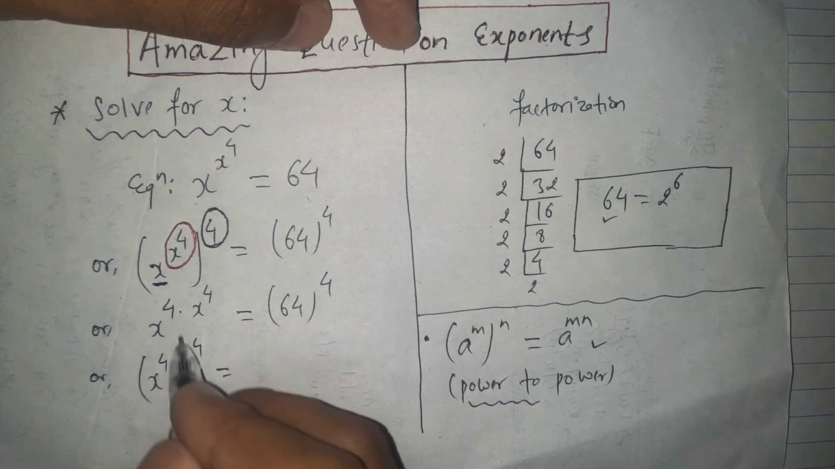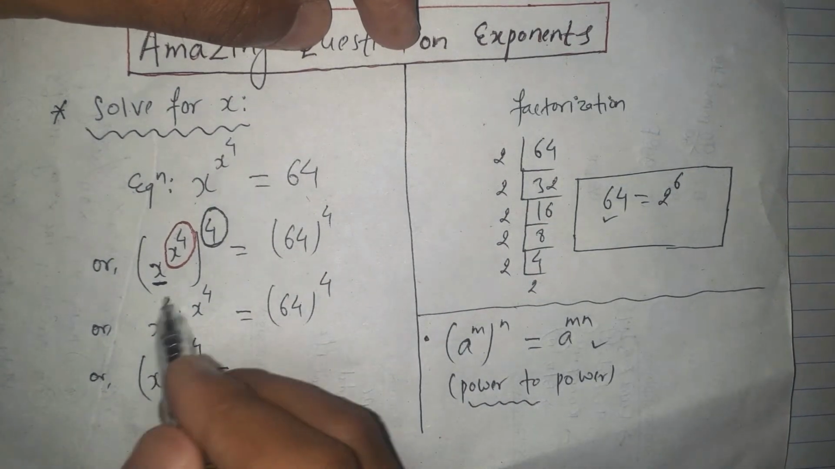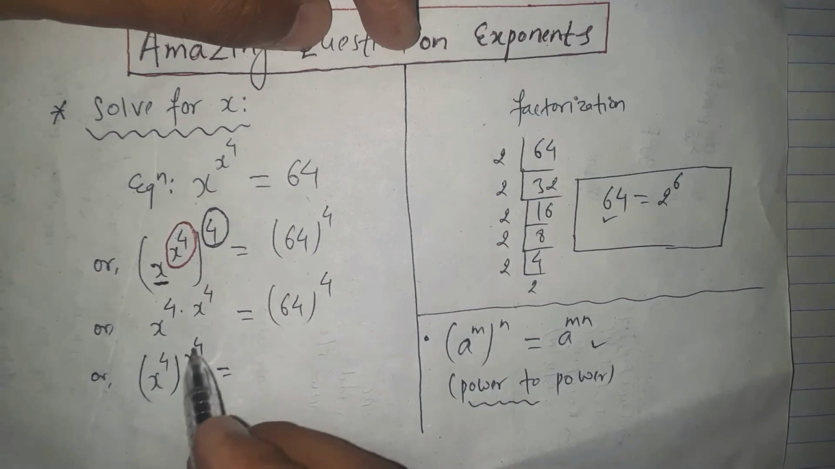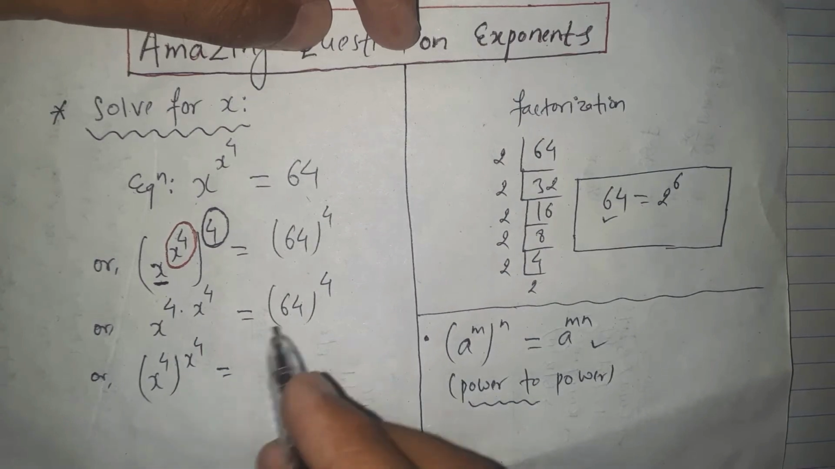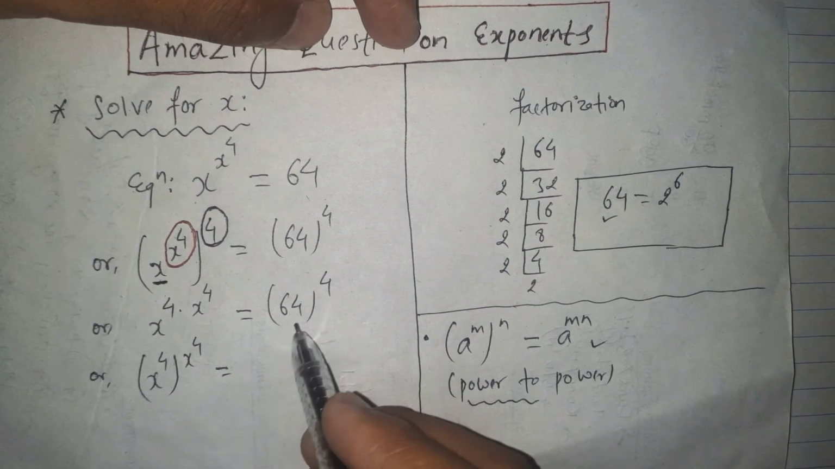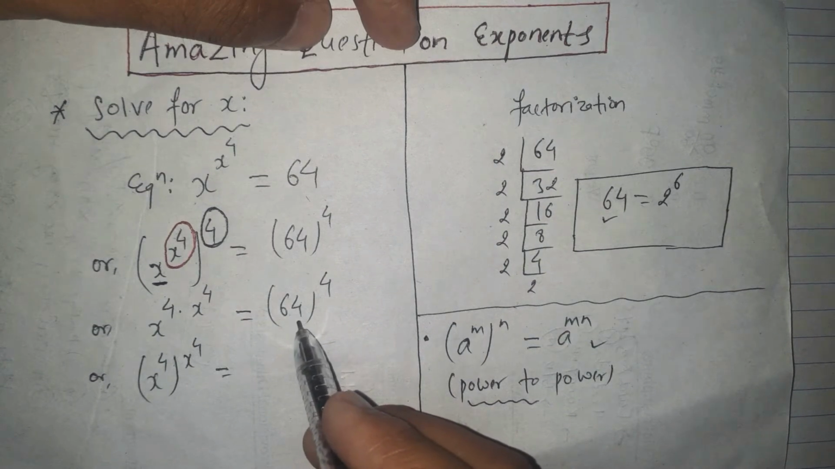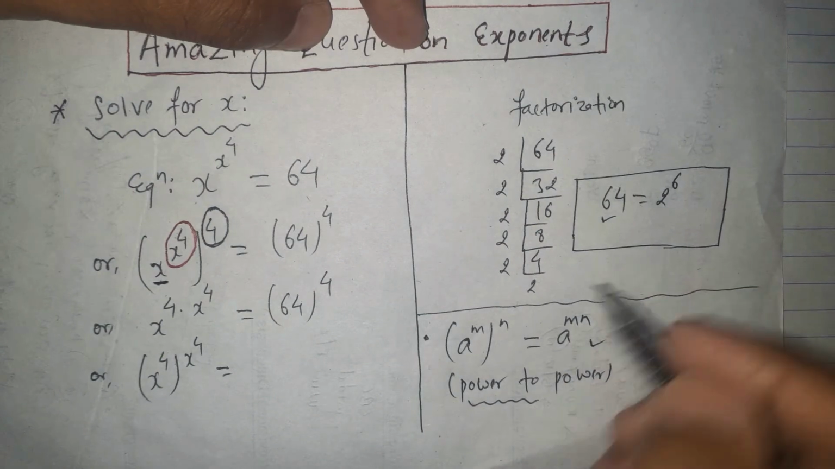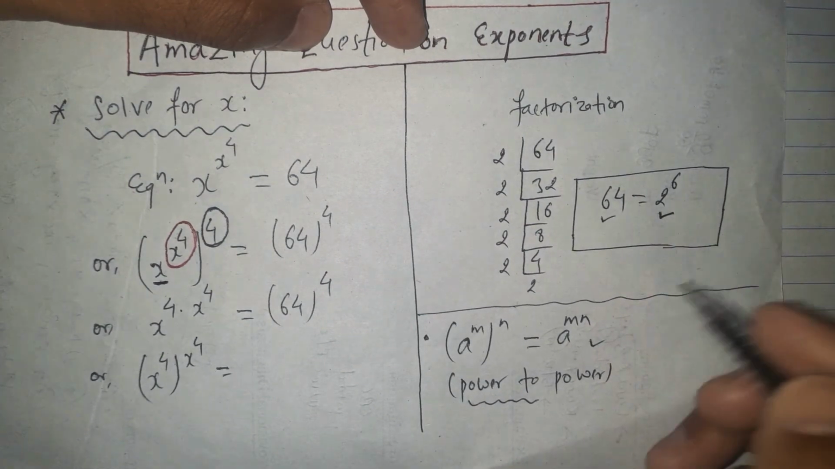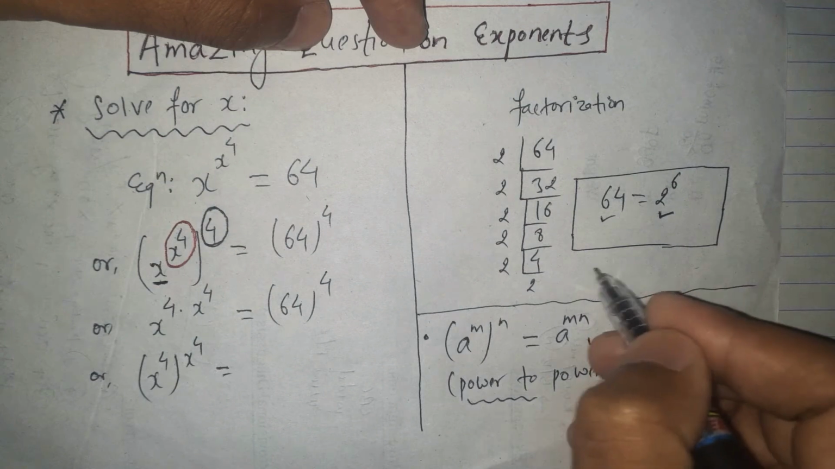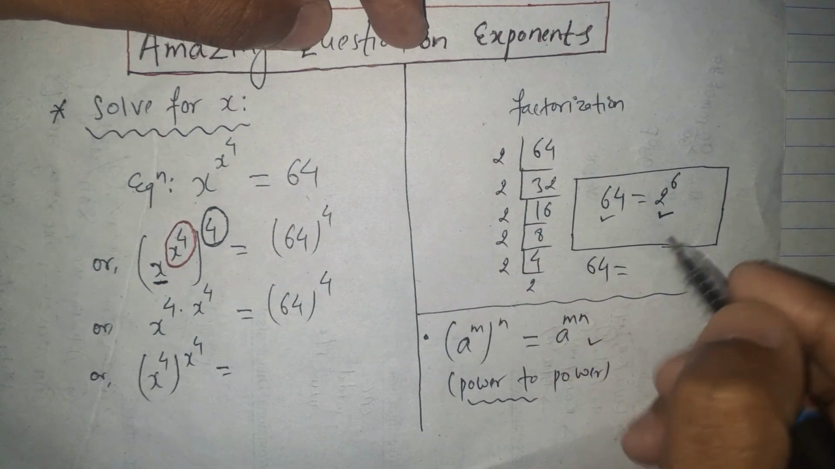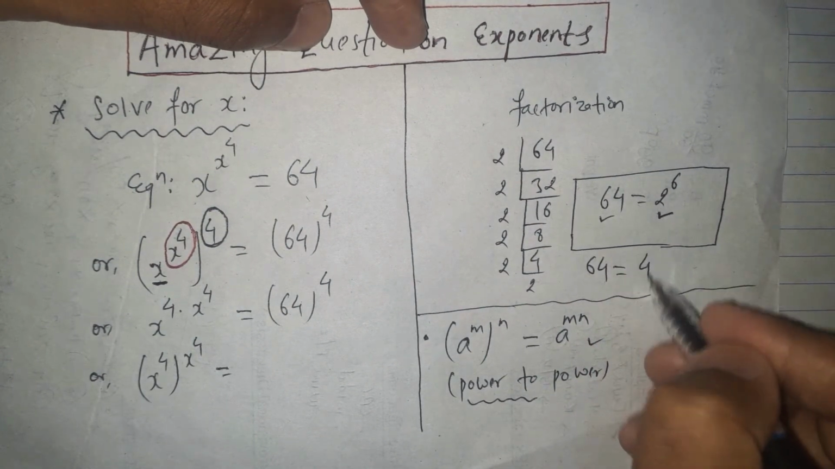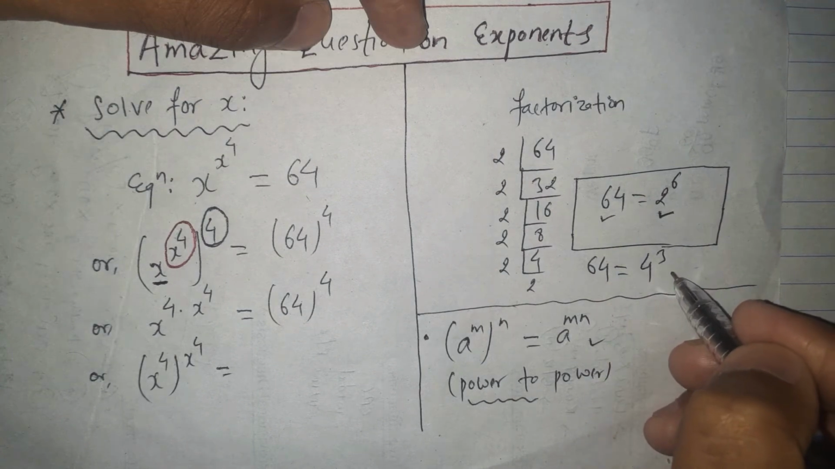Here are the two powers. We combine this number 1 as x raised to the power 4, and then give it the same power, x raised to x. Here the base and the powers are the same, and the number 64 can be factorized as 2 raised to the power 6, and it can also be written as 4 raised to the power 3,